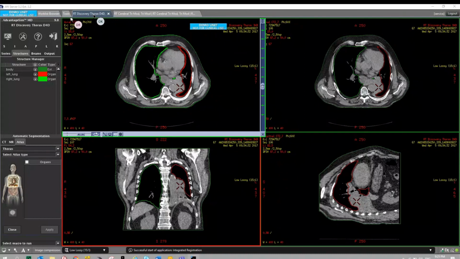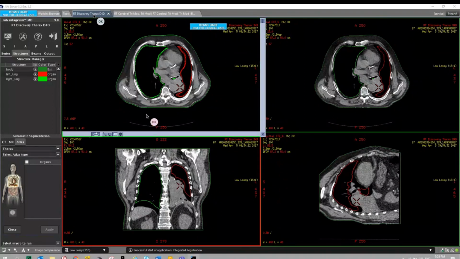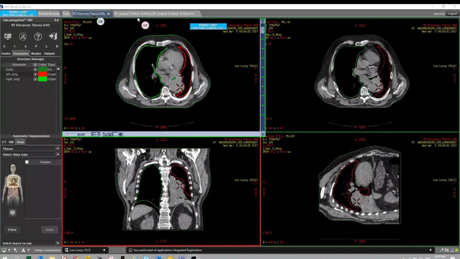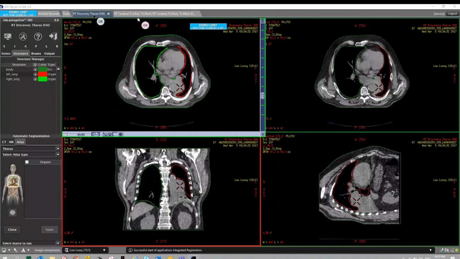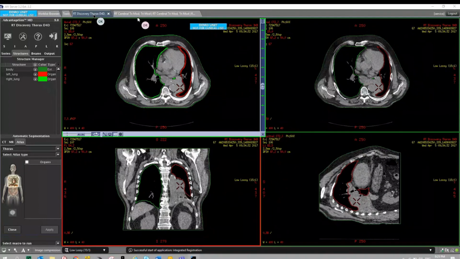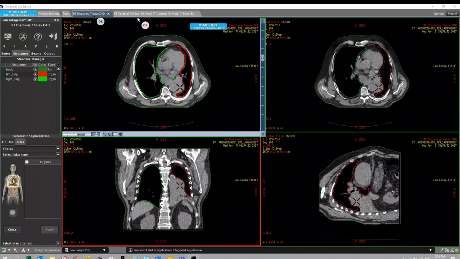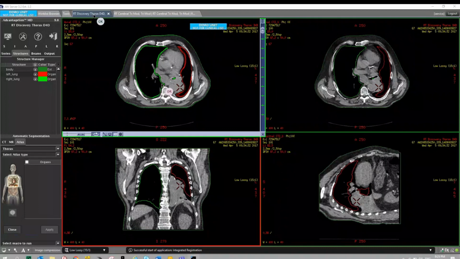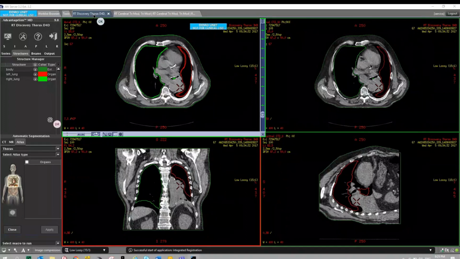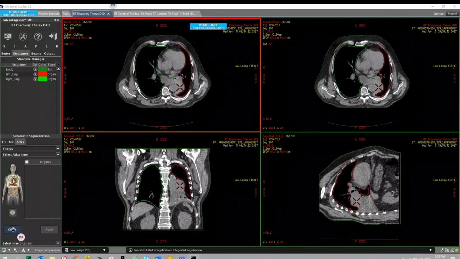At any time, the system is powerful enough to jump to another application. Here we're going to see how we can use MRI images and PET images to do this contour job. So I can close this.